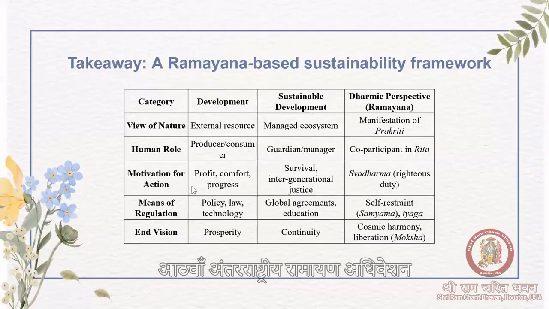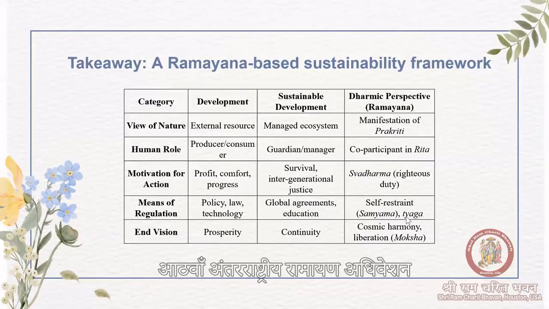Motivation for action: what motivates? For development, it is profit, comfort, progress. In sustainable development, it is survival and intergenerational justice. In the dharmic perspective of the Ramayana, it is Swadharma, righteous duty. Means of regulation: policy, law, technology for development; sustainable development uses global agreement and education; and in the dharmic perspective, it is self-restraint,